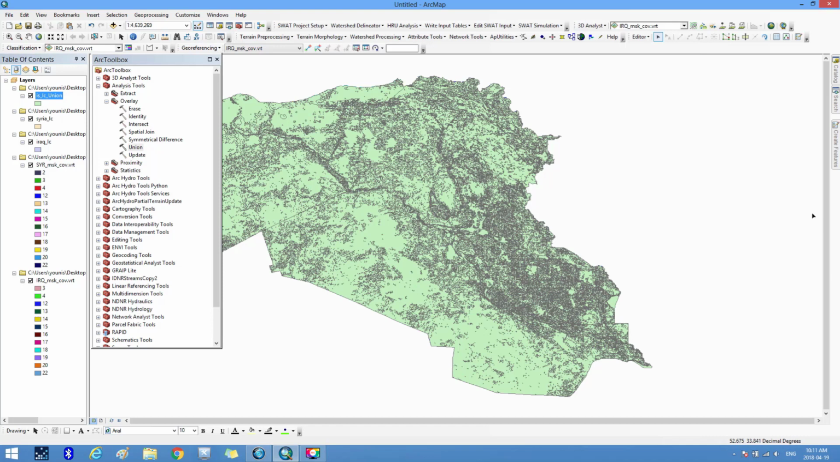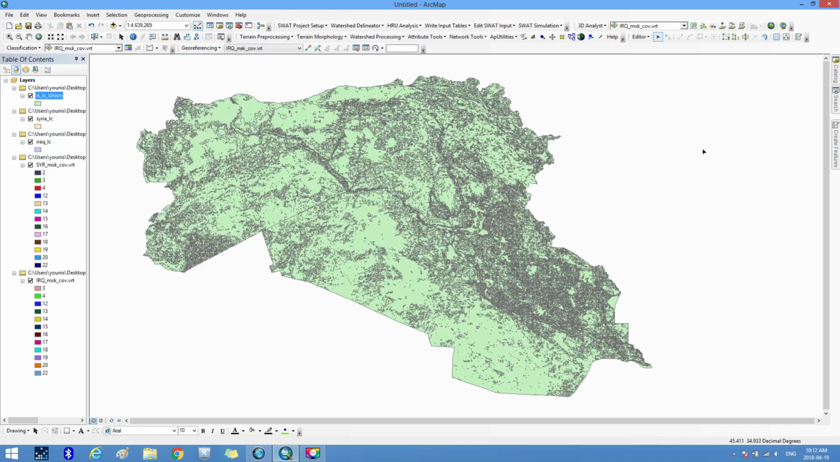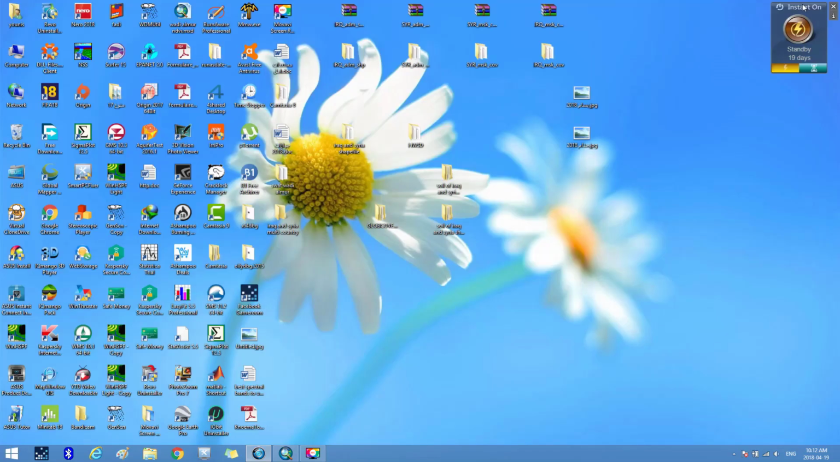This is the combined shapefile map of land cover of Iraq and Syria with geographic latitude longitude coordinates, and for the purpose of using it in the ArcSWAT program and other programs, we convert it into UTM coordinates as follows. We go to the Global Mapper program and open it, then